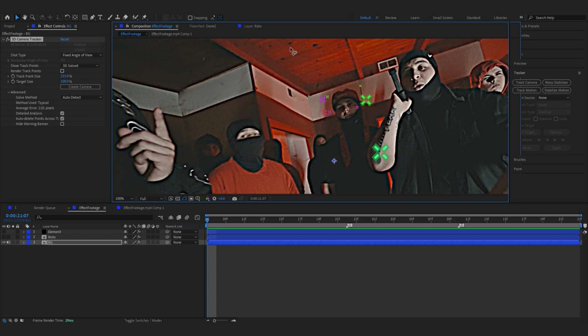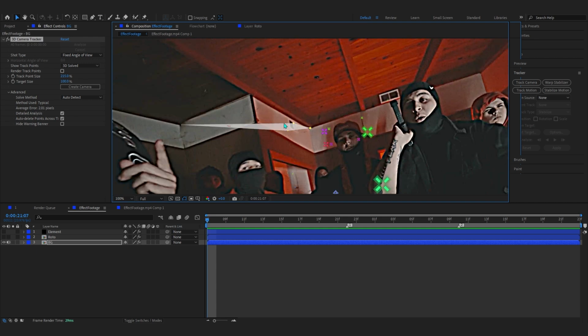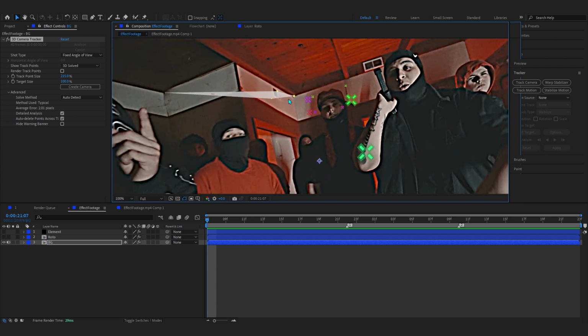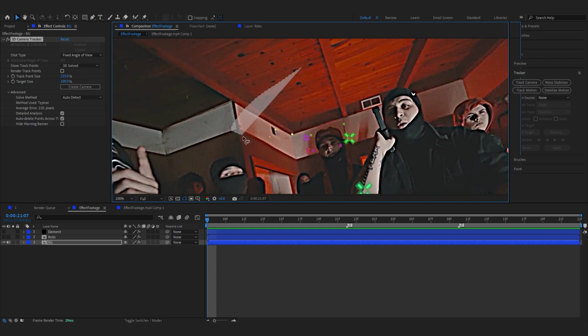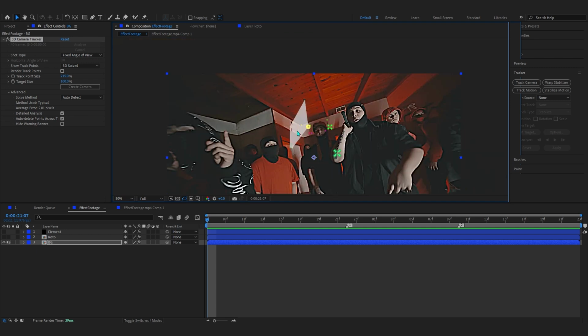So I'm gonna select some of these on the background, because our background track points are really stable, because our subject always moves and stuff, and the track points can mess up there. But our background doesn't move, only moves with the camera, if that makes sense. So try to select some track points from the background. So I'm exactly gonna do that right here, selecting some of these, and right click on it,